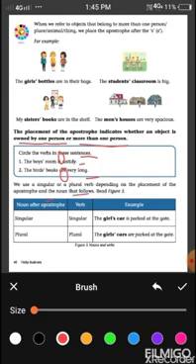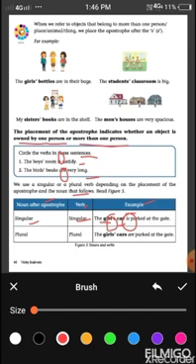Noun after apostrophe, verb, example. Singular, here the verb is also singular. The girl's car is parked at the gate. So here the noun is girl. We place the apostrophe before S, and here car is singular, so we are using the verb is. The girl's car is parked at the gate.